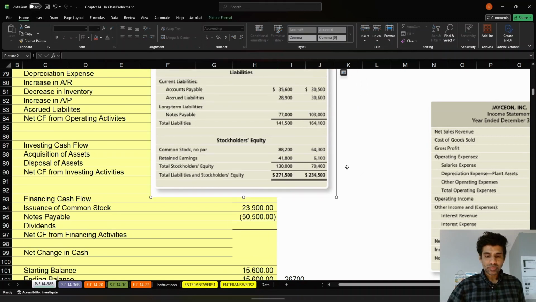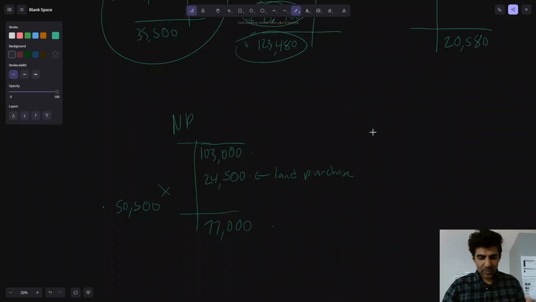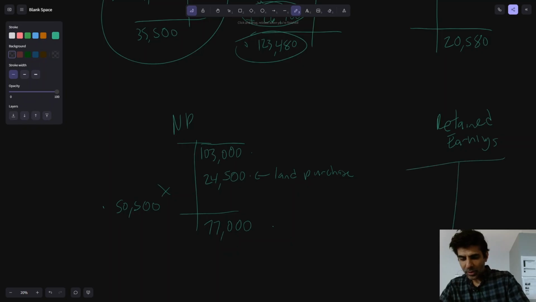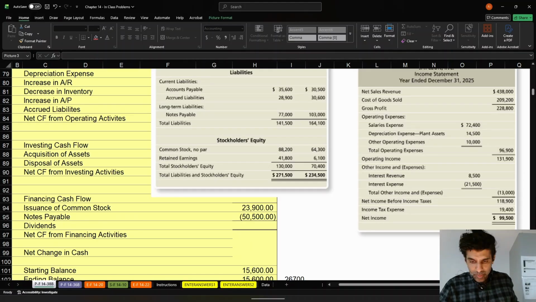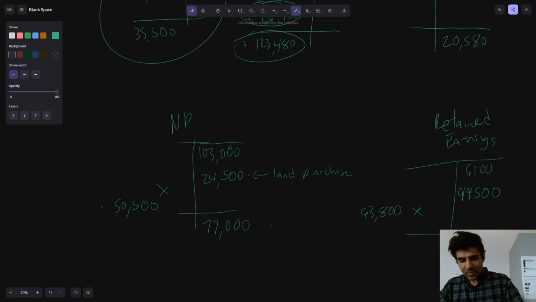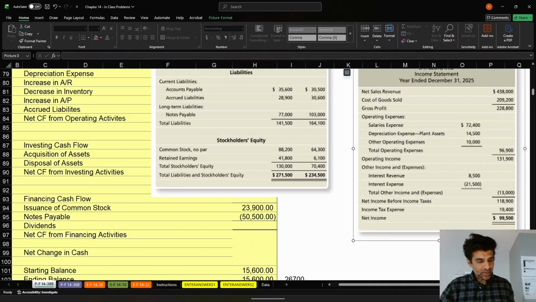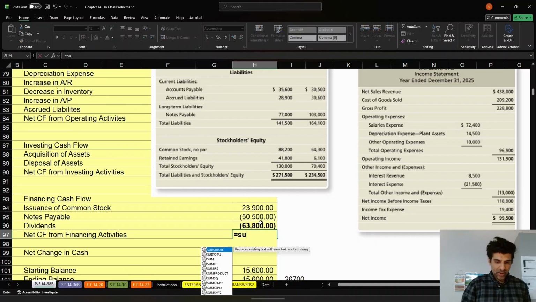And now the dividends. So we have basically the T account for retained earnings. We started off with 6,100, and again, I'm getting this from the balance sheet here. 6,100 here. We ended with 41,800. We had net income of 99,500. So we have to solve for the missing dividend, 63,800. So now we can go back to this. We know the dividend is also a negative cash flow. And so now when we add all of this up,